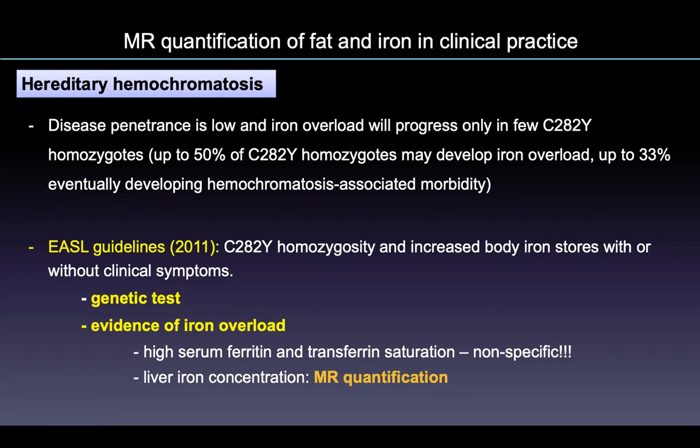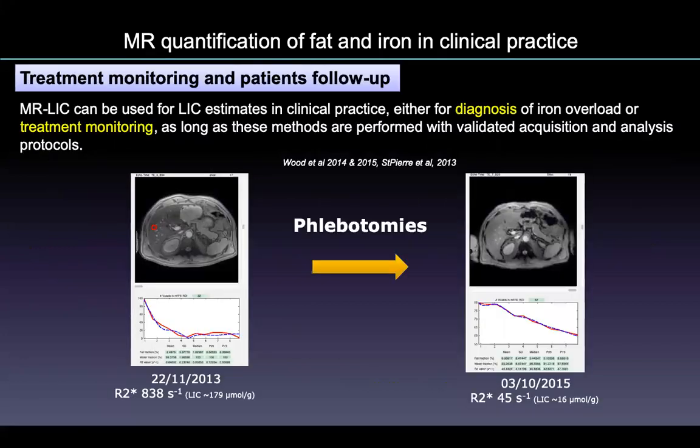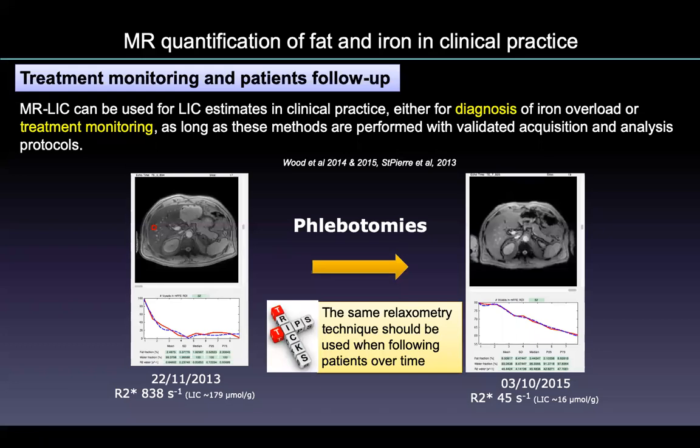And because ferritin and transferrin saturation are non-specific biomarkers, MR quantification is very useful in this scenario. So nowadays, MR liver iron concentration measurements are being used to estimate the liver iron concentration in clinical practice and clinical trials, either for diagnosis of iron overload or for treatment monitoring. But don't forget that we must use validated acquisition and analysis protocols. Also, if we are monitoring patients, we must use the same relaxometry technique